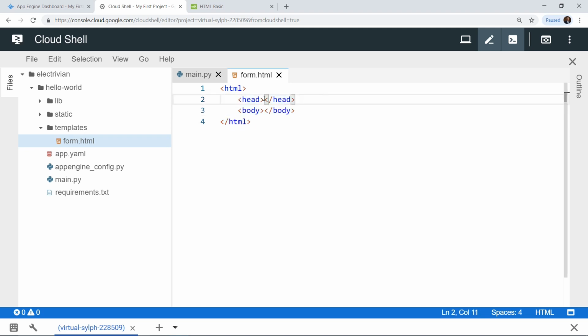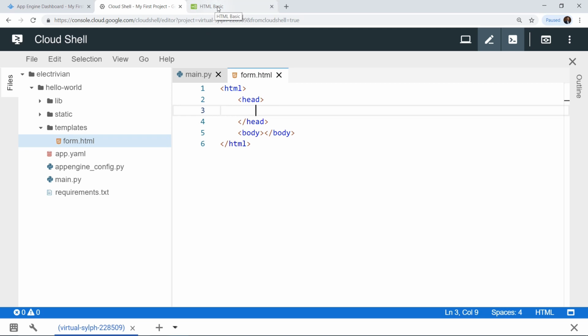So anything that we put in between these tags will be present inside the head tag. Okay, so the head tag is basically used to load in configuration files or give titles to your pages, and these titles are first loaded before the body, and the body contains the main content of the particular file. So inside the head we first of all have a title. So we have title over here and then let's close it by typing in /title. Okay, and in between the title we have the title of this particular page, which is submit a form.